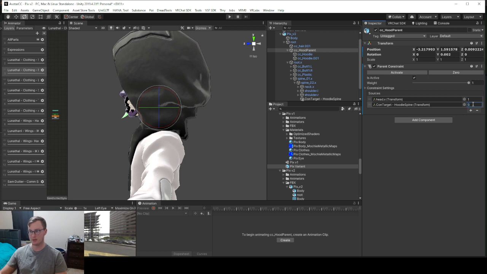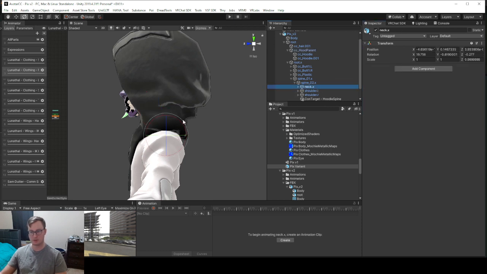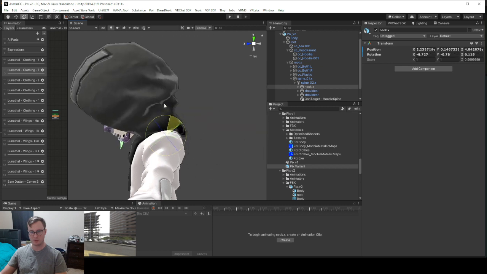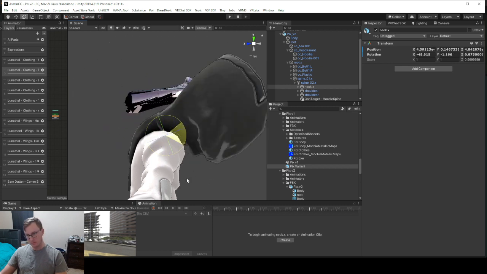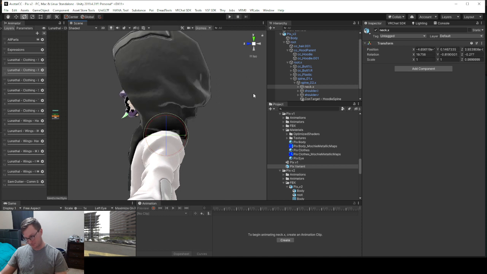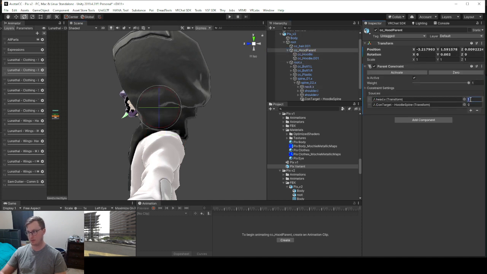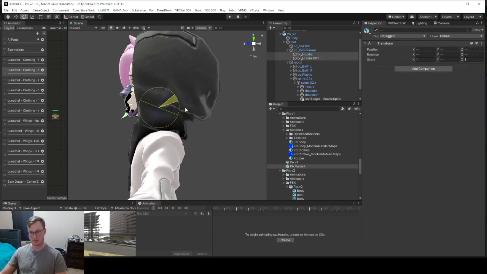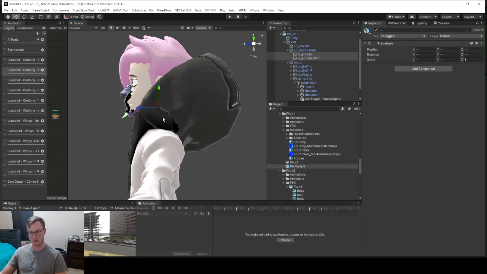Set it to just the head, so that when the head rotates, or the neck in this case, that needs to be weighted properly. That will work. Then when we swap it, and we just rotate all this stuff back and down,